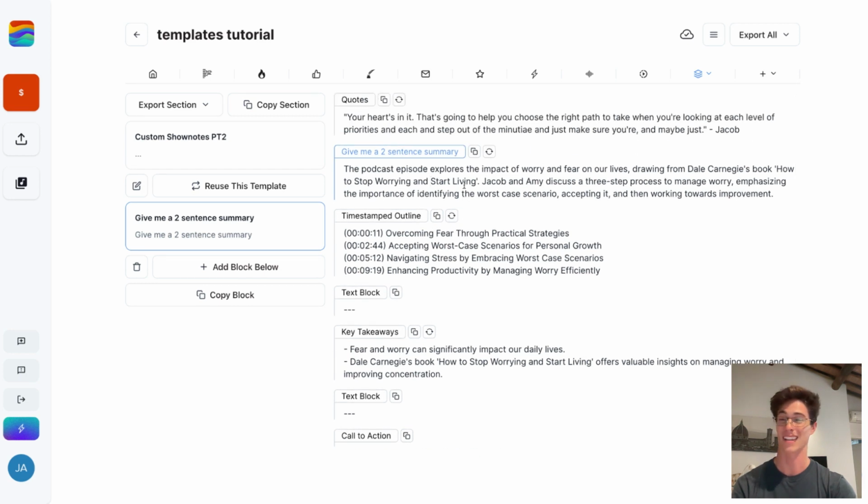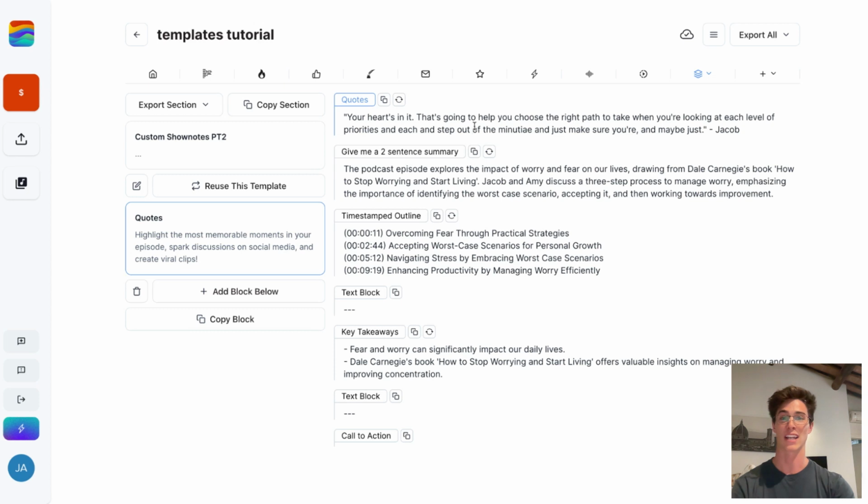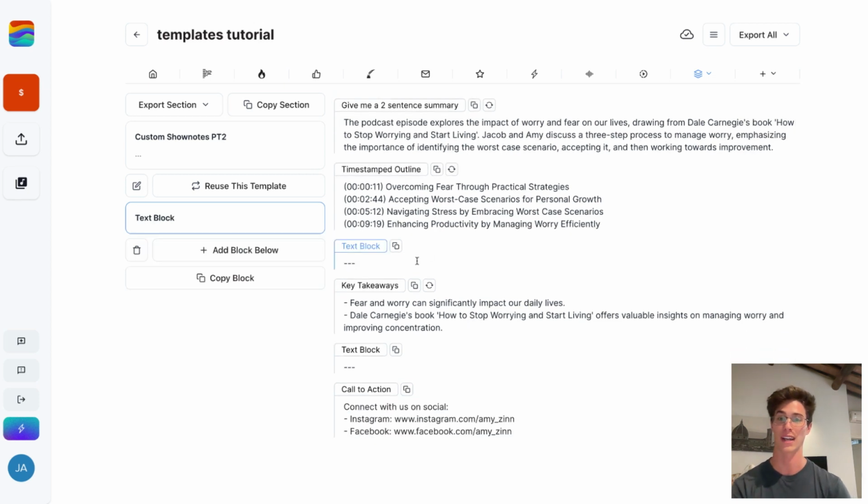This for sure is outstanding compared to other apps that do show notes and things like that, because any changes you make to a text block automatically are saved. You don't have to do tons of work to create a new template. I think it's pretty intuitive. And then